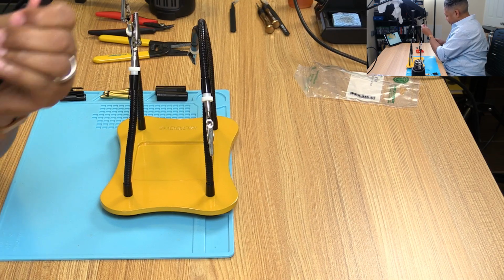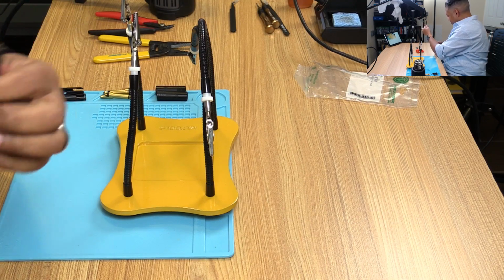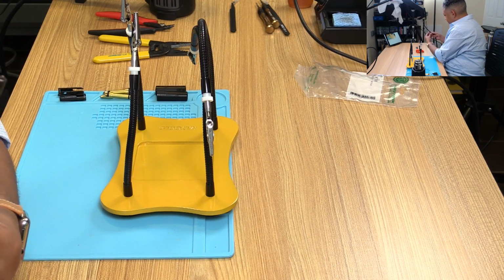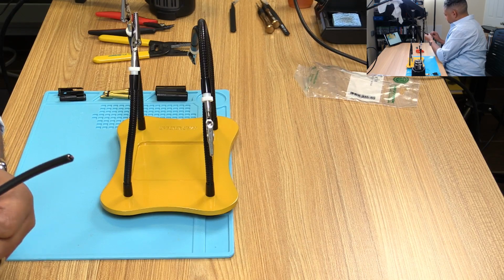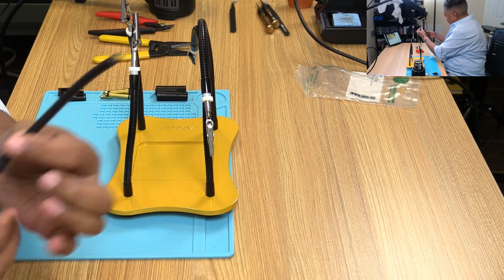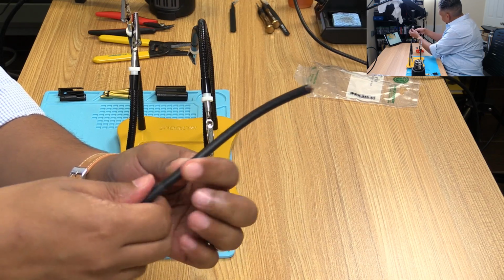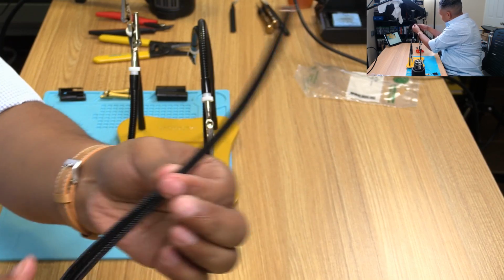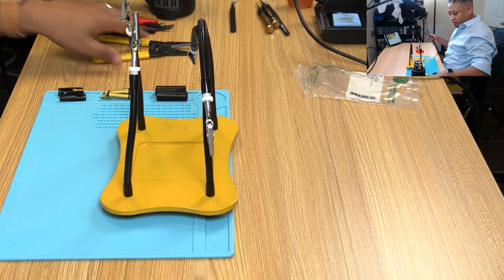There we go. Just like that. I'm going to take this piece of gaffer's tape. Should have made them longer. Alright, just to keep the Techflex down. Just tape it there. You can see that. Keep that down so I can work with this. Cut the